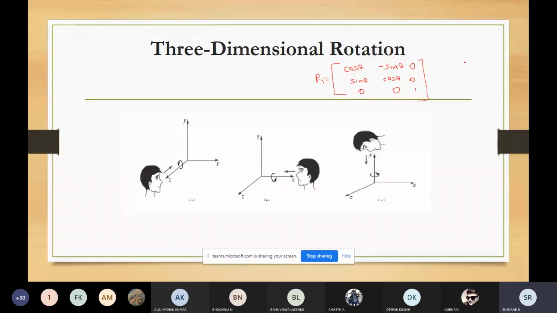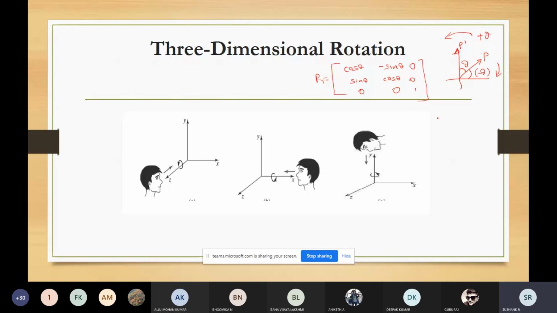There we learned two things. There is an object. If I want to move it in the anti-clockwise direction, this will be my positive theta. If I use theta, the object will move from this location to this location. If this is represented by p, my new value will be p dash. If I want to rotate this object upwards, I'll use the positive value of theta. If I want to rotate this object downwards, that is in the clockwise direction, I'll use the negative value.